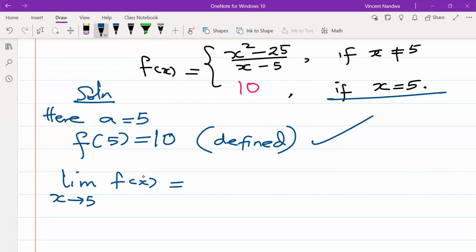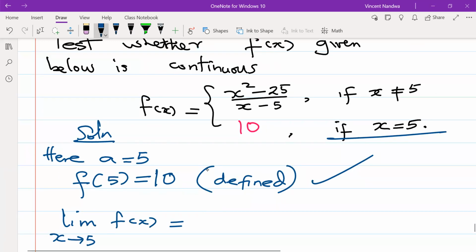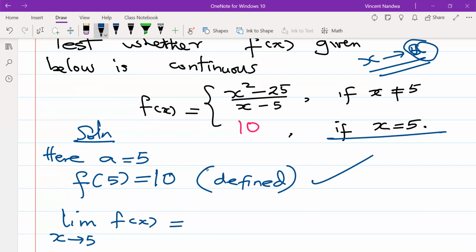So which formula are we going to pick? Are we going to use 10 or x squared minus 25 over x minus 5? For the limit, we are going to use the first formula. Remember, when we say x approaches a, it does not necessarily mean that we are at the point a. We are simply trying to see what is happening to the function as we get closer to a. So to get the limit, you are going to use the first definition of the formula, not the second one. So the limit,